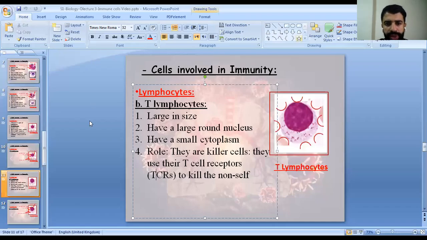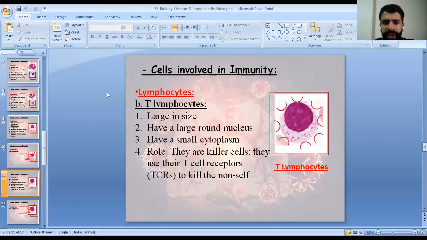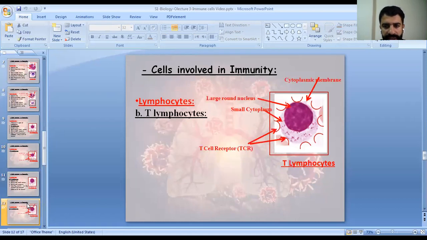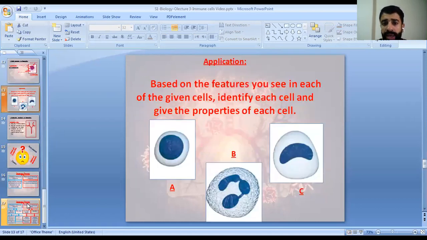So here we continue with the T lymphocytes. As we said, T lymphocytes are large in size and they have a large nucleus and small cytoplasm. They are killer cells and they have a role in killing other cells using their TCR. So based on this, let's see what these cells are, identify each of them, and give the properties